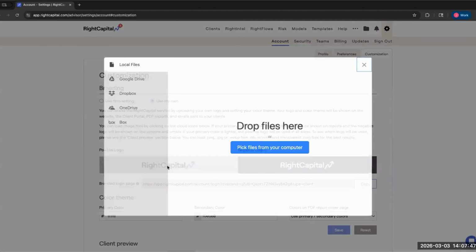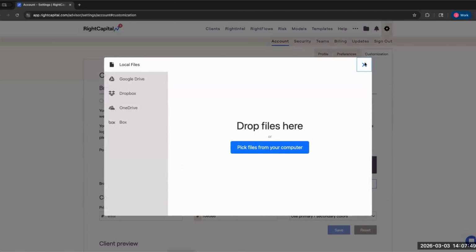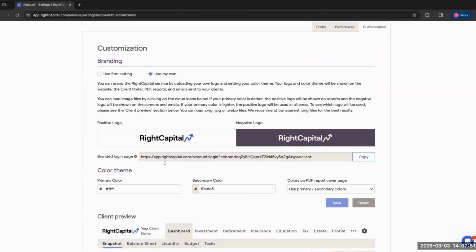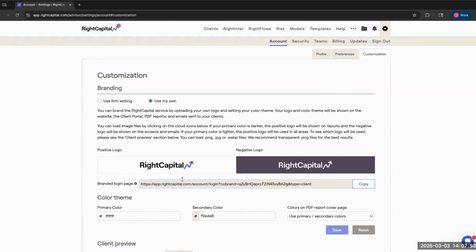Now, the way this works is very easy. You just hover over this, press update. It'll allow you to drop the file in here. Now, there are some restrictions on the file you can upload. To just give you an idea what that looks like, I'm not going to go through all of them, but if you go to this help page right here